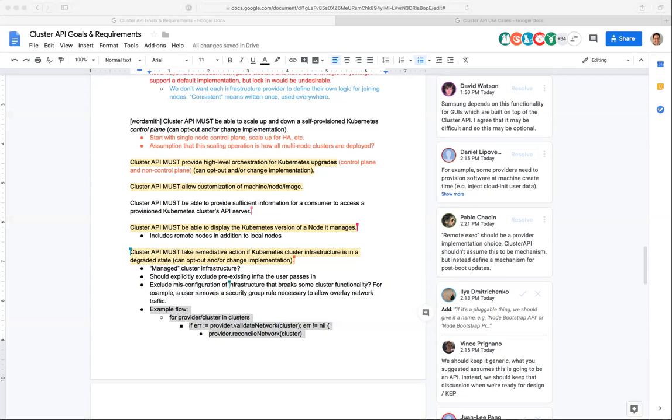Well, I also believe that there had been a request to make the cluster object optional in Cluster API. So regardless of remediation, I am curious, because I think it relates here: if you don't have some sort of cluster or an API related to that cluster to get the infrastructure provisioned, how do you get things like a VPC set up if the first time you're interacting with Cluster API is you say, please give me a machine?